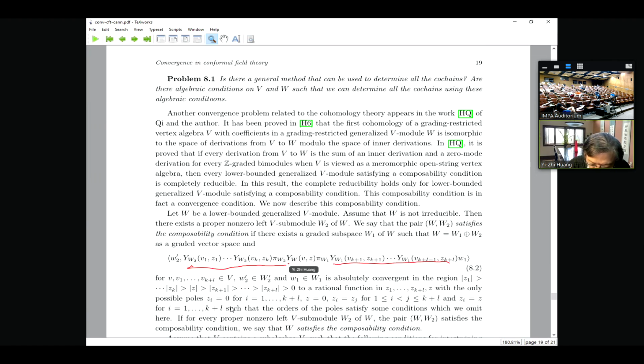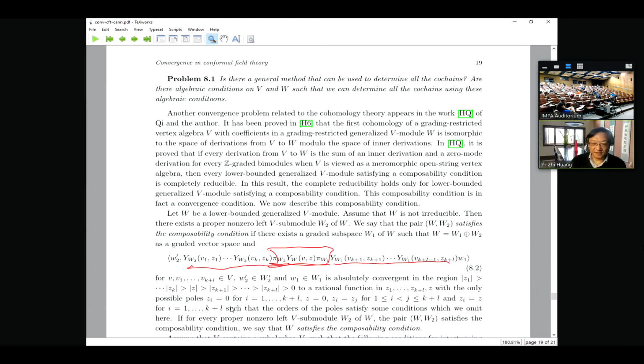But this point is, first you project to W1, then multiply by the vertex operator, and then project to W2. This type of thing is not a vertex operator anymore. In general, these do not, because W1 is not a module. So it's not even an intertwining operator. So if you can find such a W1 such that this is convergent, okay, then we say that this